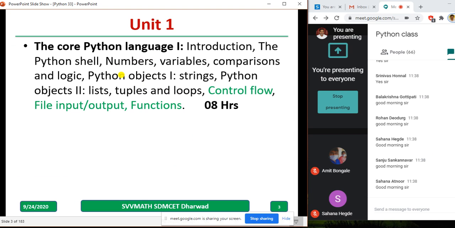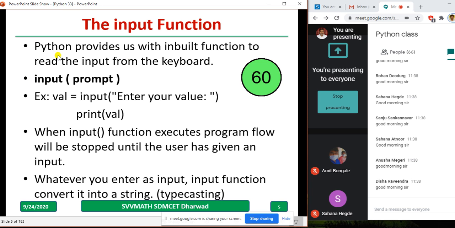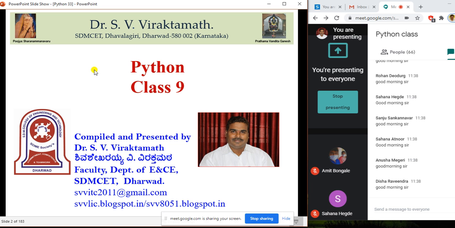Unit 1, we are in the last bit. Last class we discussed control flow, and today we continue with control flow, followed by file input and output functions. If possible, we will try to complete this unit 1 today. We have already completed 8 classes,